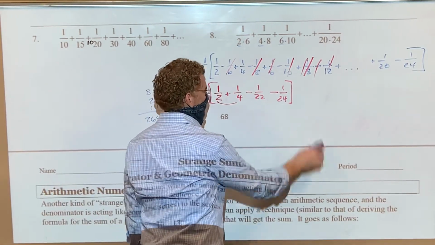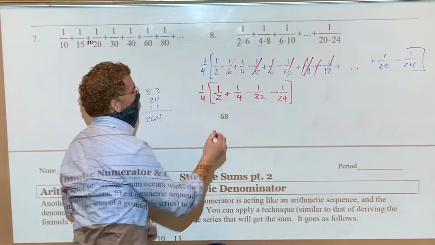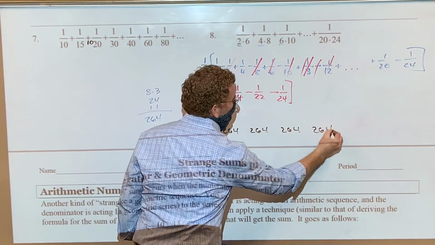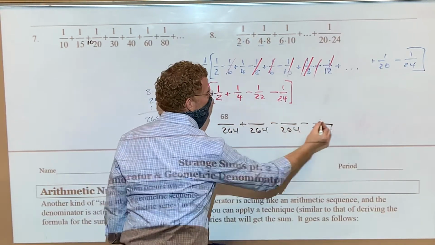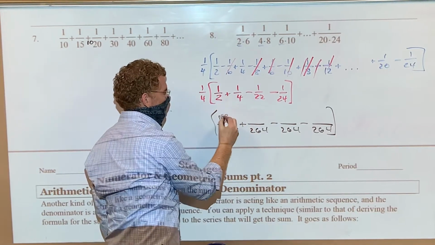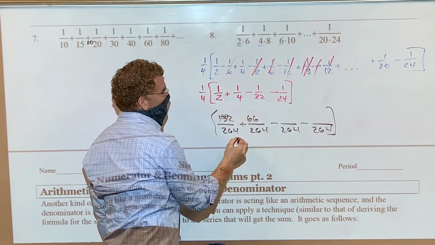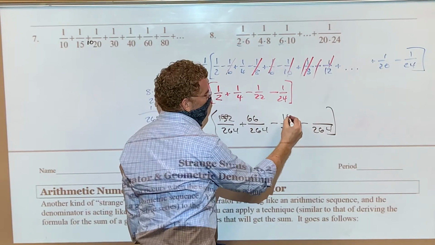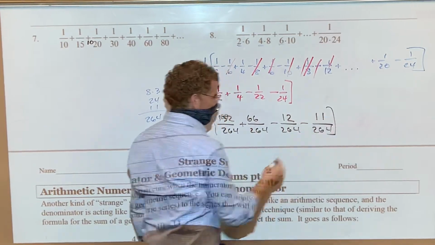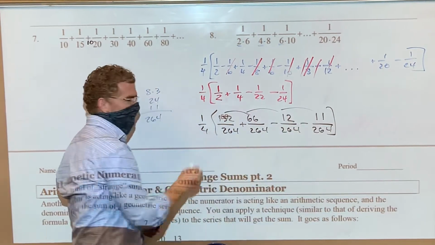And again, I try to keep these numbers a little bit better on a test. You would have to go, all right, I got a common denominator of 264. If you were doing this, 2 goes into 264, 132. 4 goes into 264, 66. 22 goes into that, 12. 24 goes into that, 11. And then you would just add and subtract all that over 264, and then cancel whatever